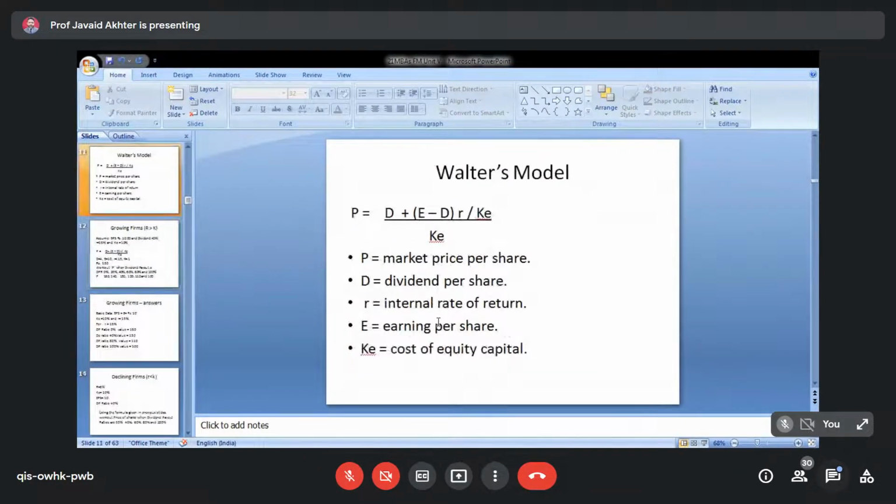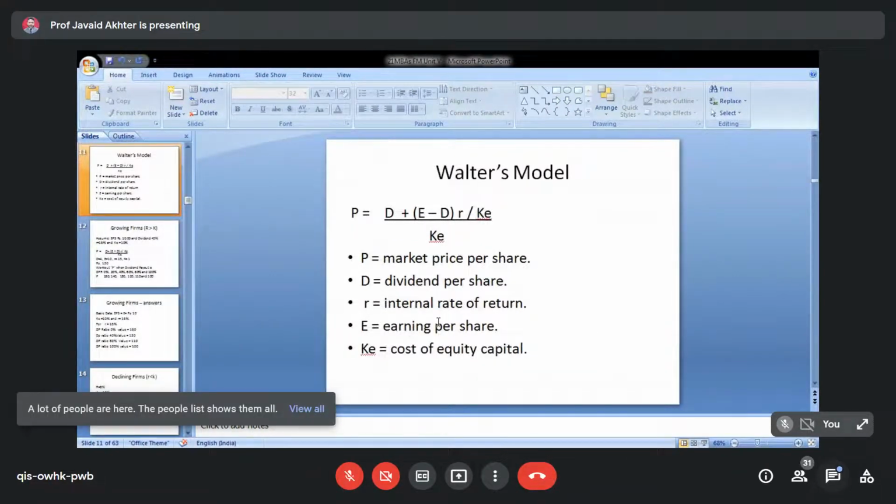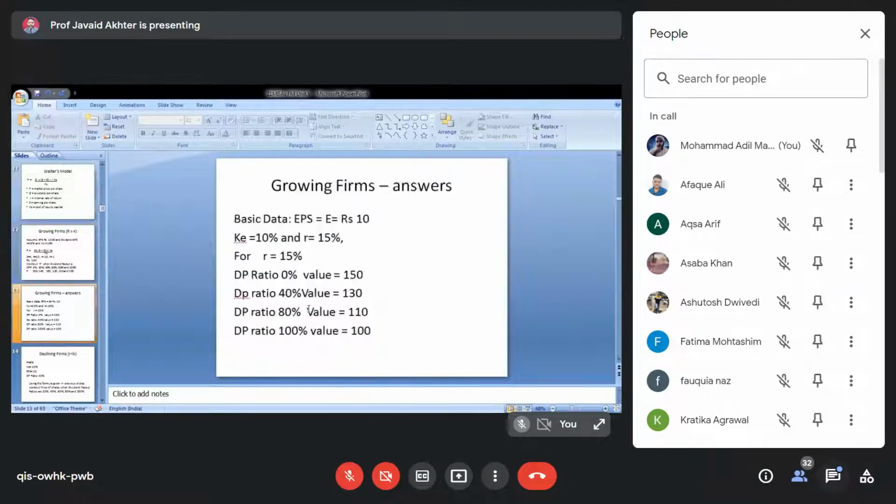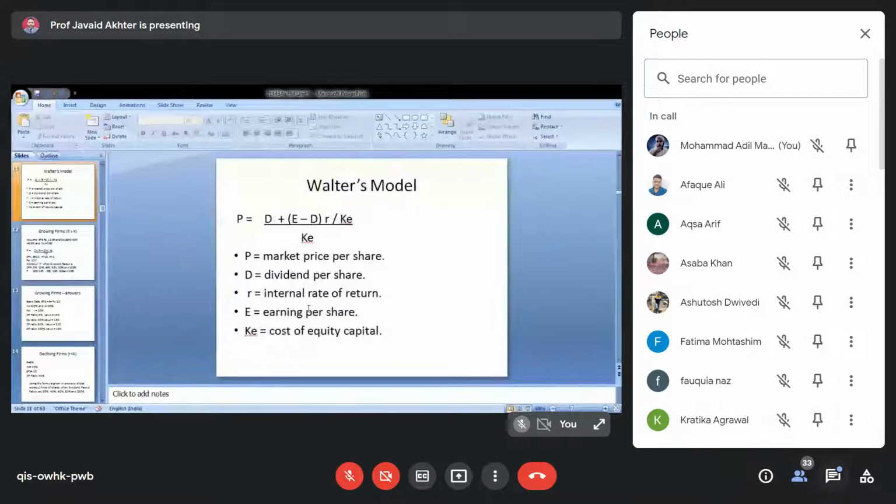Have you taken a copy or a photograph of this slide? If not, take the photo of this slide and then come back. Have you taken it, or shall I stay here? Sir, taken. Take the photograph. Once you have taken the photograph, then